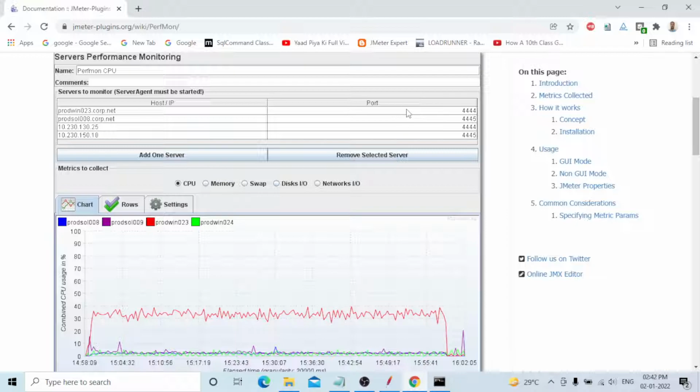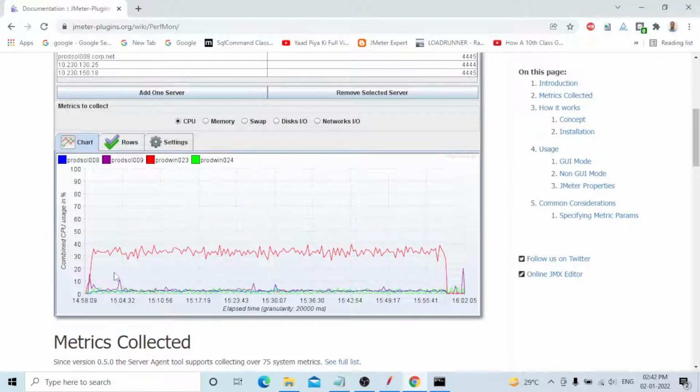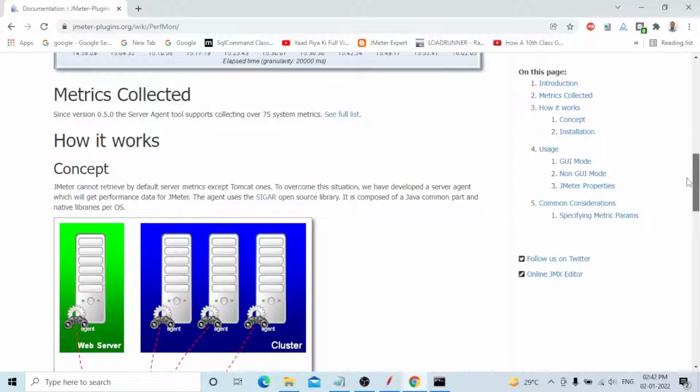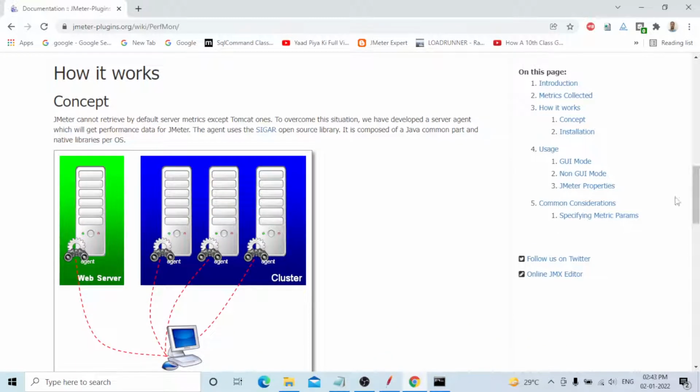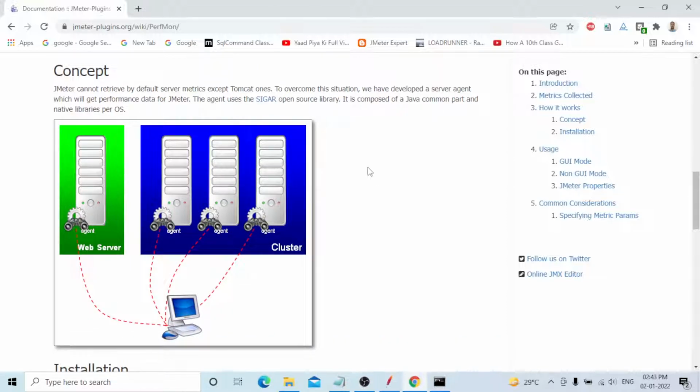After, you need to select which metrics you need, and below this graph automatically will come how your test is executing and what the utilizations are. Okay, I will show you that soon also. In the metrics concept, this is one of the important ones you need to see, guys. This is the way it will work in real time, but you also need to work on that.